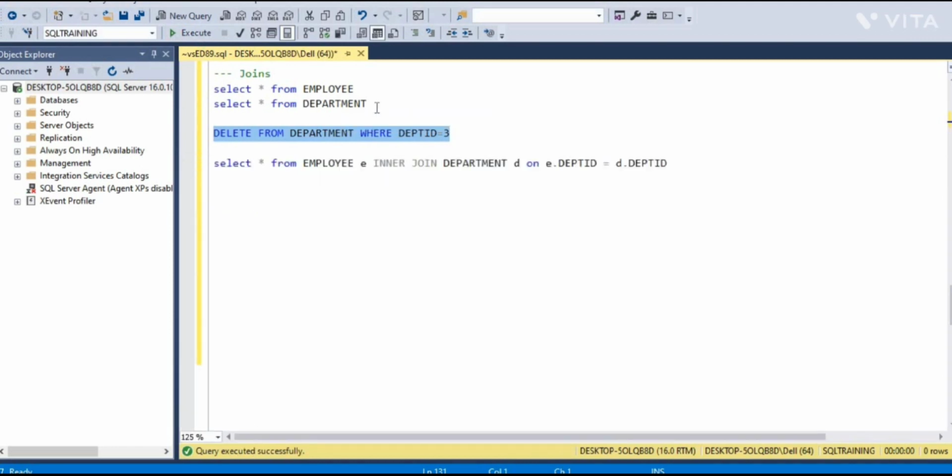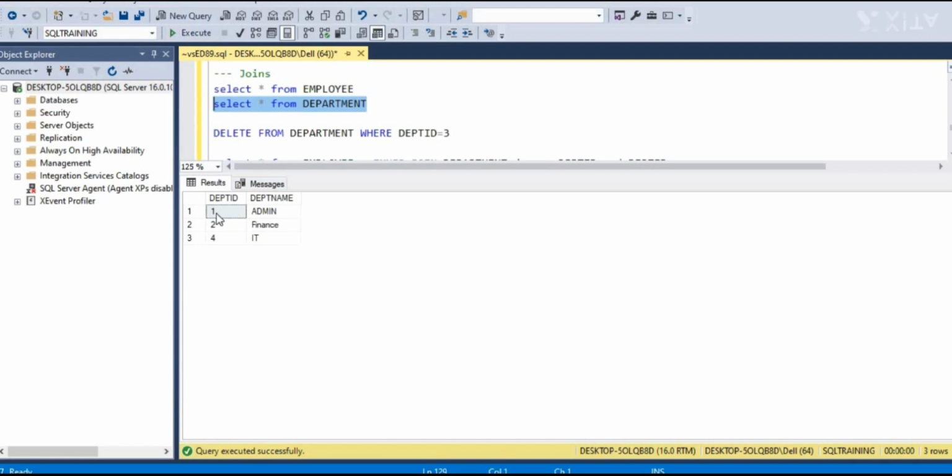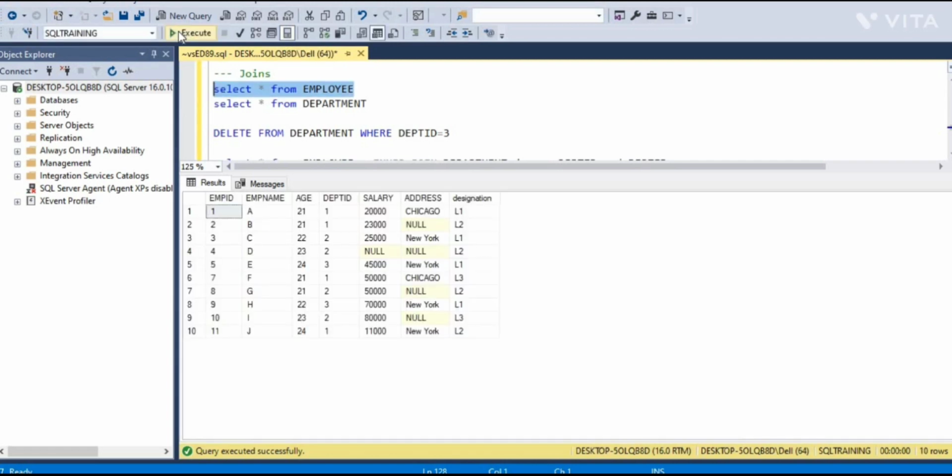I have executed it here. So let's check. In the department table we have only 3 departments, which are 1, 2 and 4. In the employee table, we have the department 3 that is available already. Okay, so let's see what happens for these records where the department ID is 3 in the employee table and